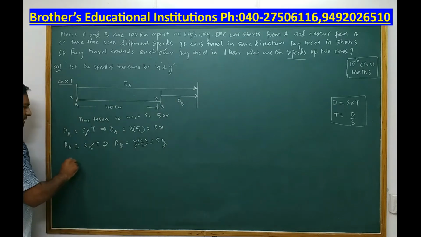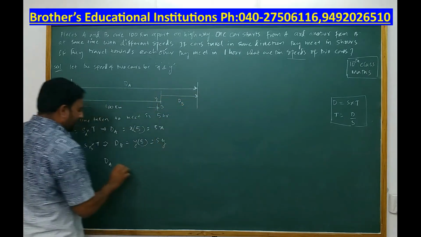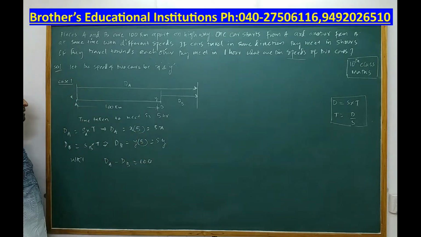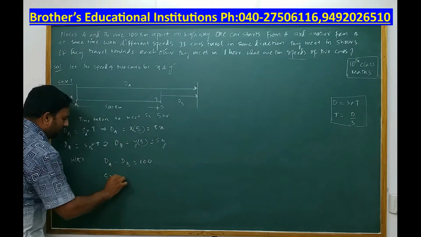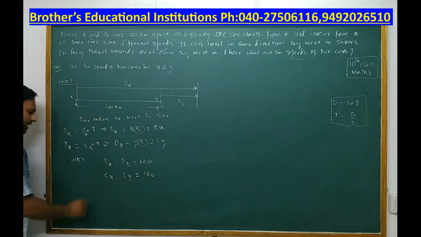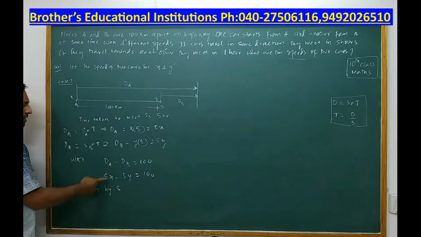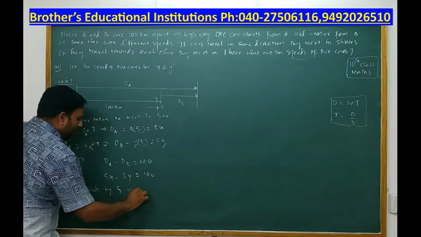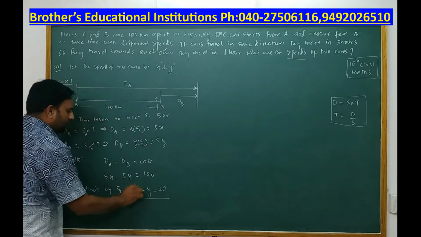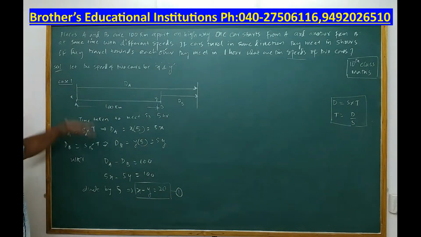Yes. We know that distance A minus distance B is equal to 100. But what is distance A? That is equal to 5x. What is distance B? That is equal to 5y. Is equal to what? 100. Let me simplify this by dividing by 5. When you divide by 5, 5 goes one time, you will have x minus y is equal to 5 goes how many times? 20 times. There you got one linear equation, my first linear equation I could create with this case 1.